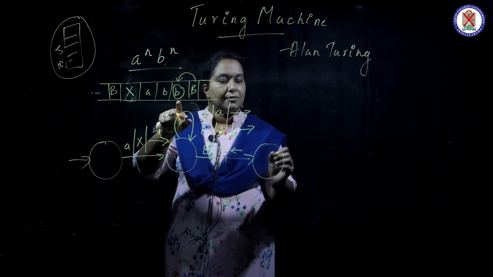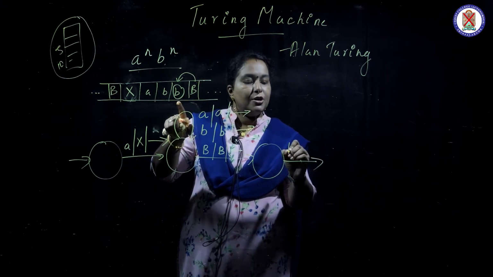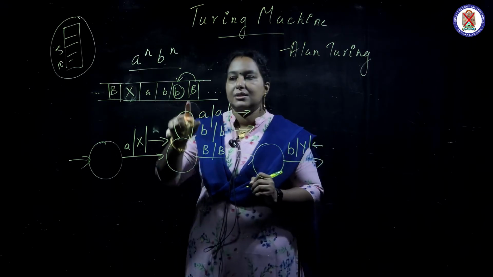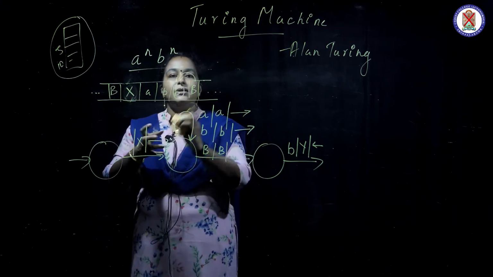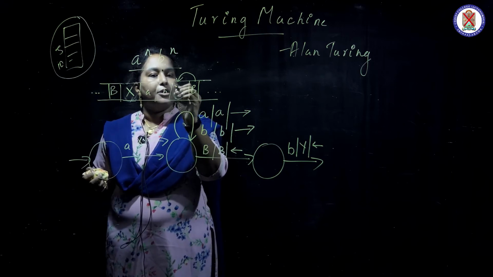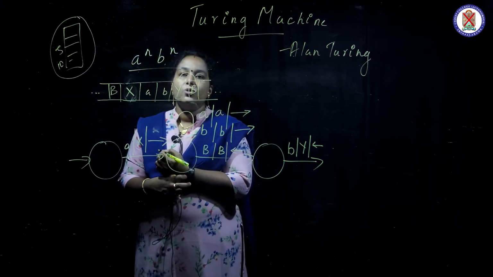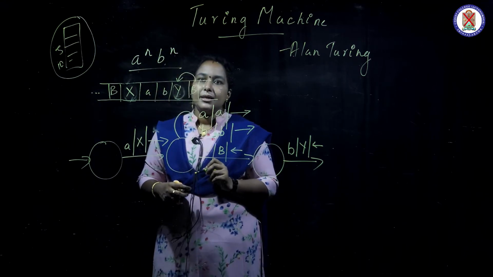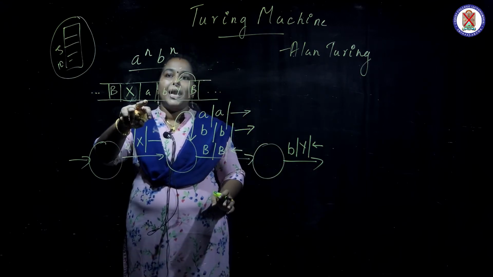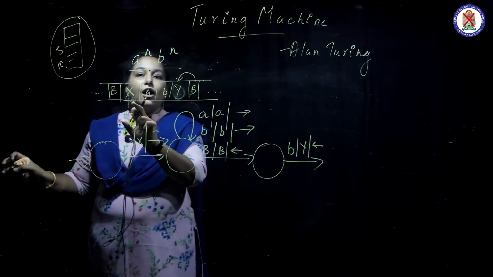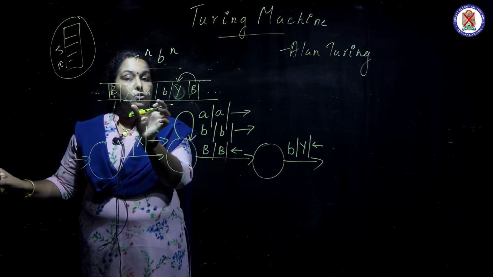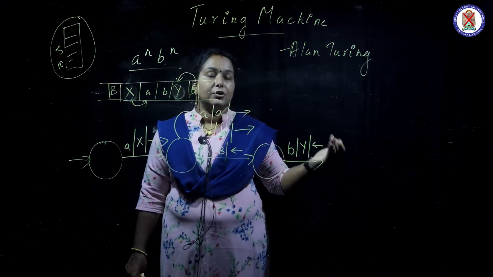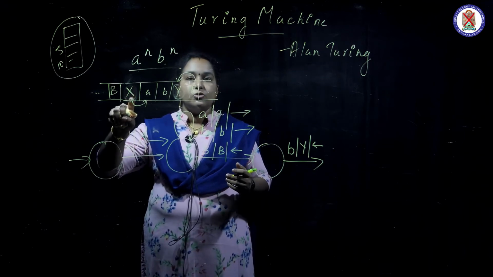after blank, when B comes, I will make it as Y and I must move backward, since this X and this Y are matched. Then I have one A and one B matched. Next I have to look for the next A, isn't it? So for that I have to move backward and look for the A which is after X. That is very important. I have to look for the A after X. Till where do we have to repeat? We have to repeat up to X, isn't it?